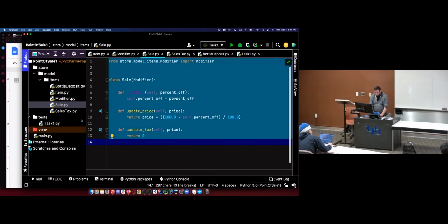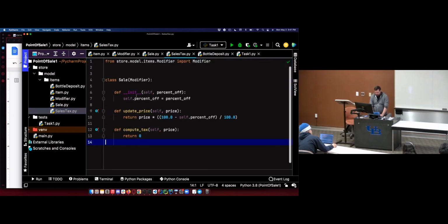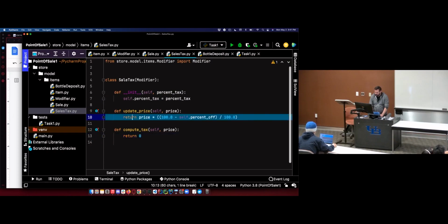So here's our sale. Same idea. Sales tax is not percent off, but percent tax. Tax is going to be mostly the same math. Update price doesn't do anything.